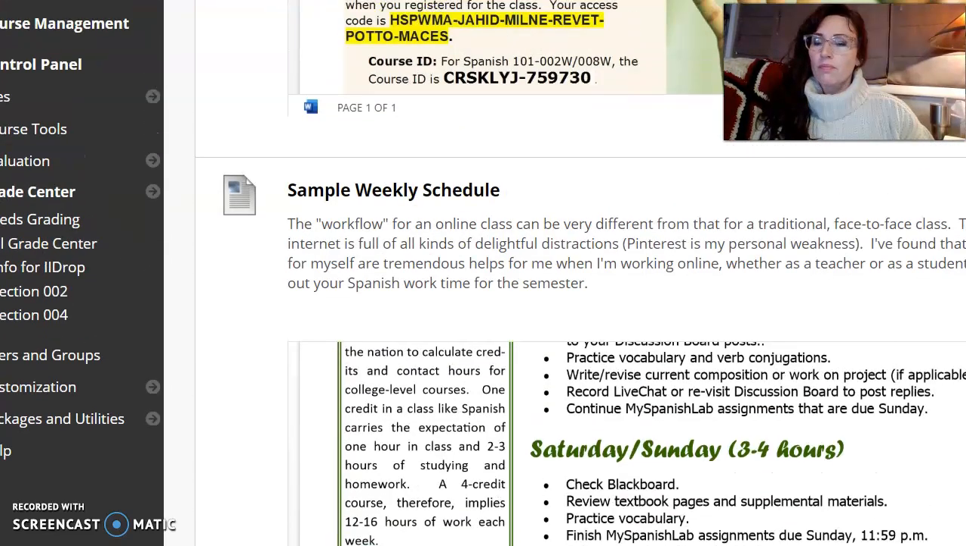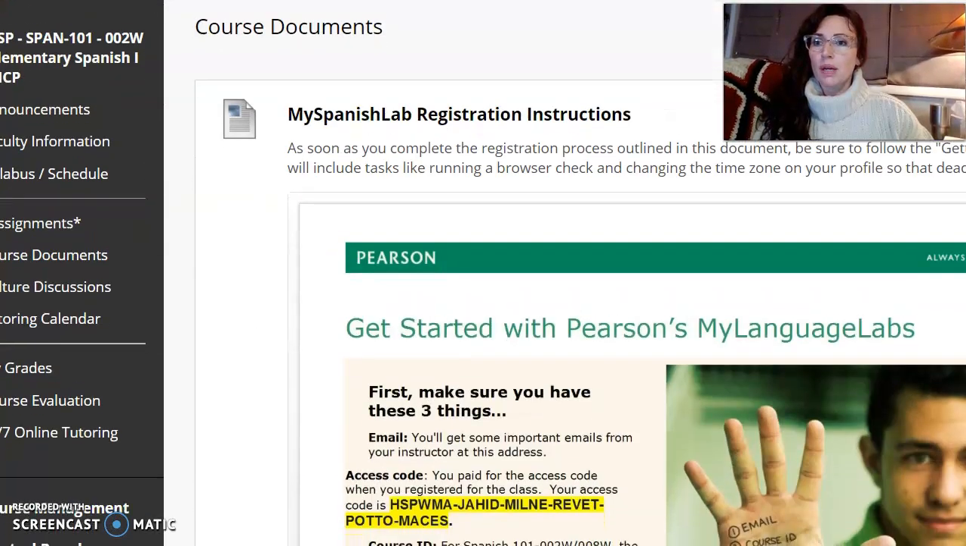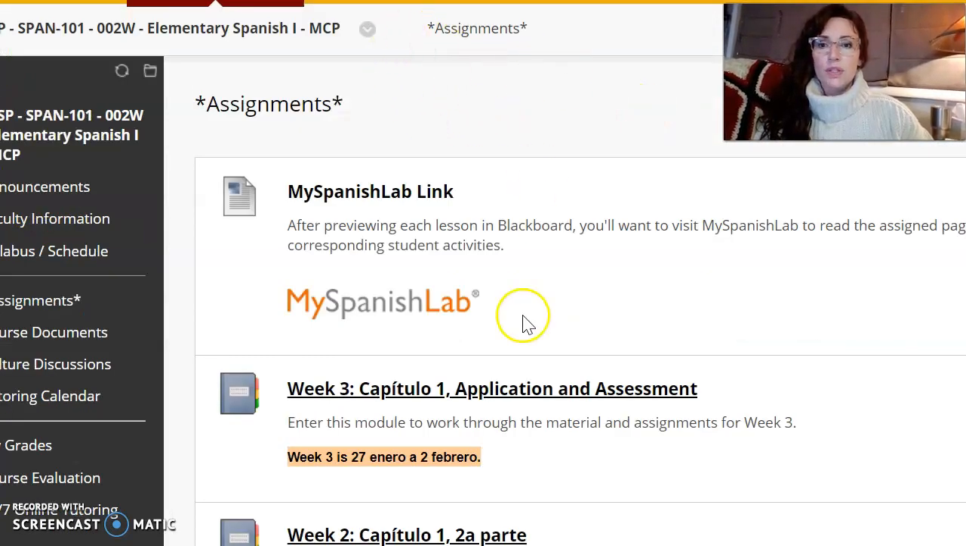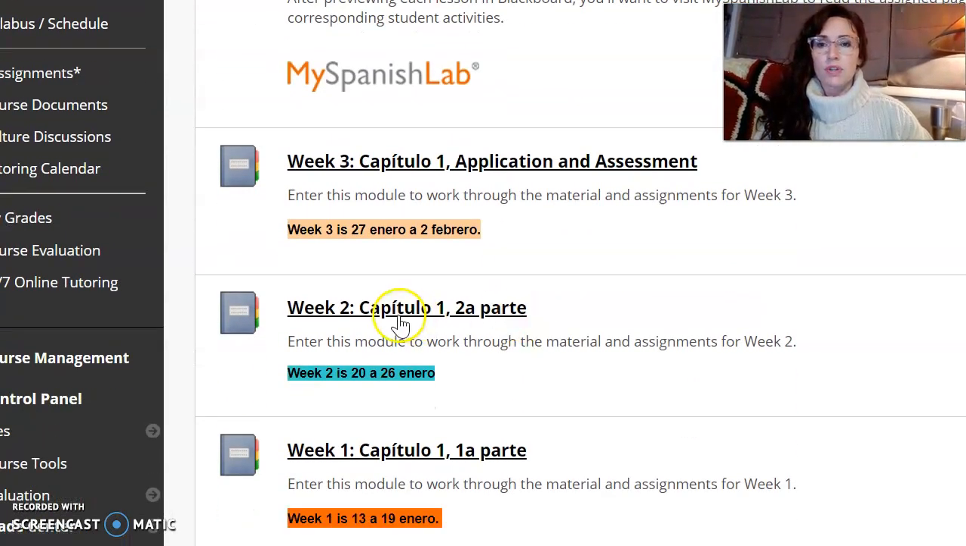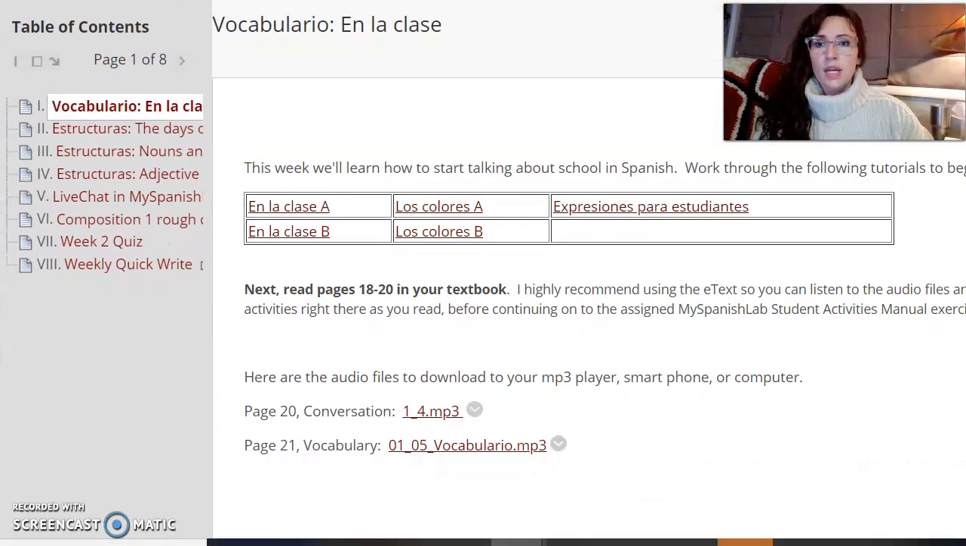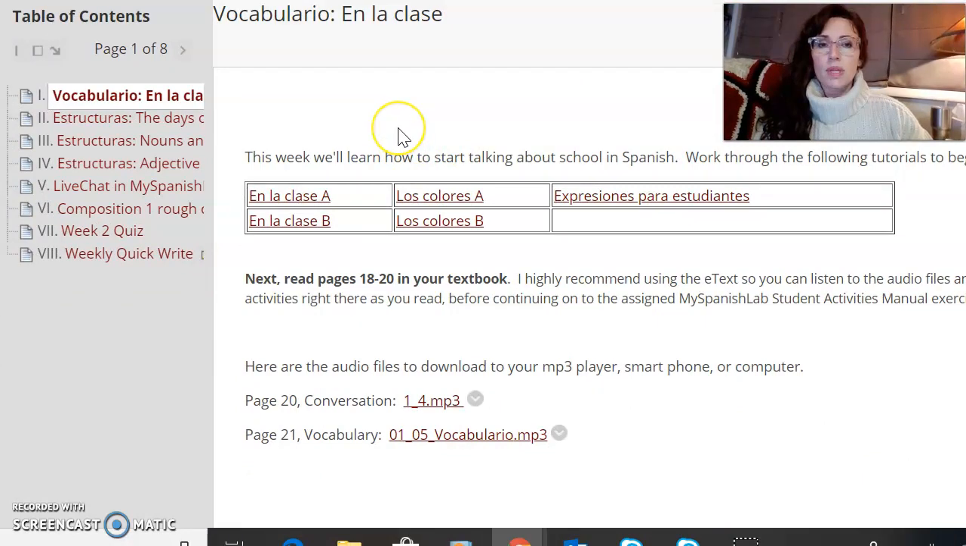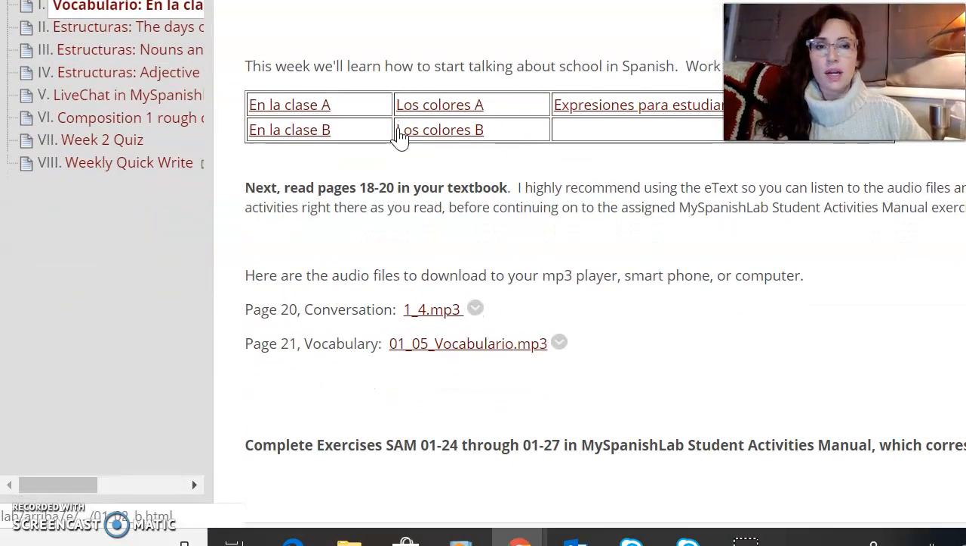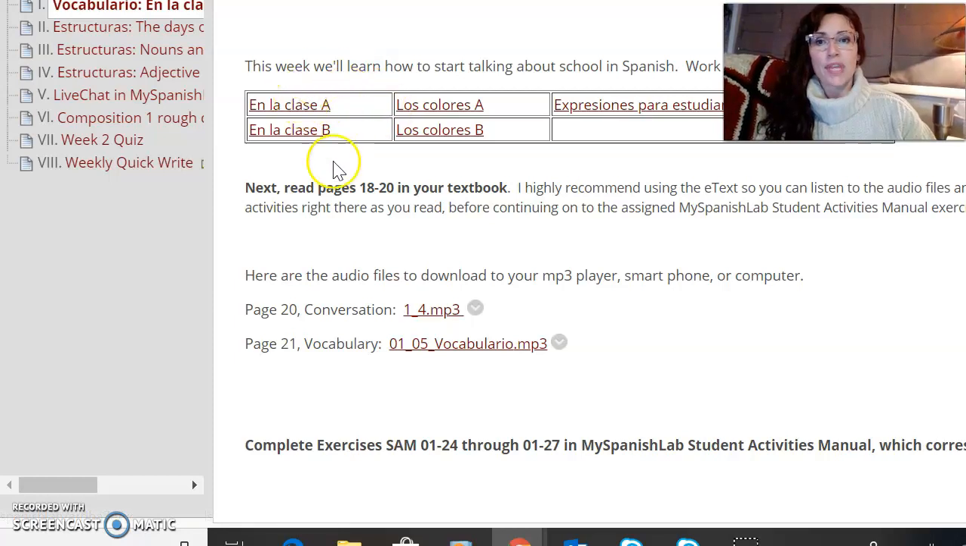All right, so going back up here to the Assignments tab in Blackboard, I want to remind you of the structure of the weekly folders. I'm going into week 2 just because it has the vocabulary and grammar lessons. So in case you have kind of gotten caught up in using my Spanish lab primarily and forgot about Blackboard, because I know that can happen because you're spending so much more time in my Spanish lab, I wanted to